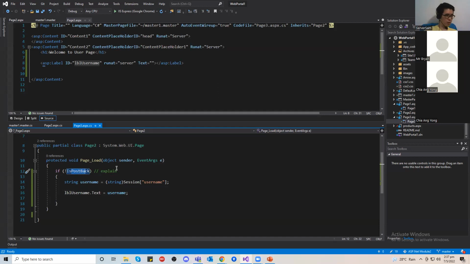you see anything with this event args E, right? It will cause a postback event. When a postback event happens, your whole page will just reset. So we put this if not postback, then you play the initialization of the page, let's say the variables. So for example,